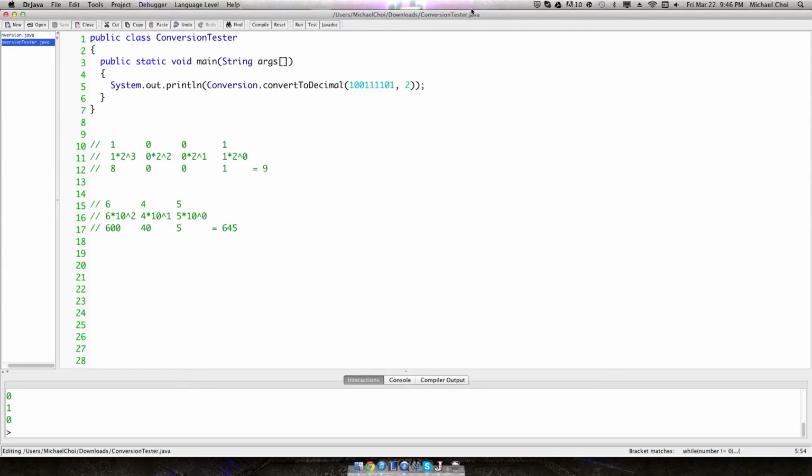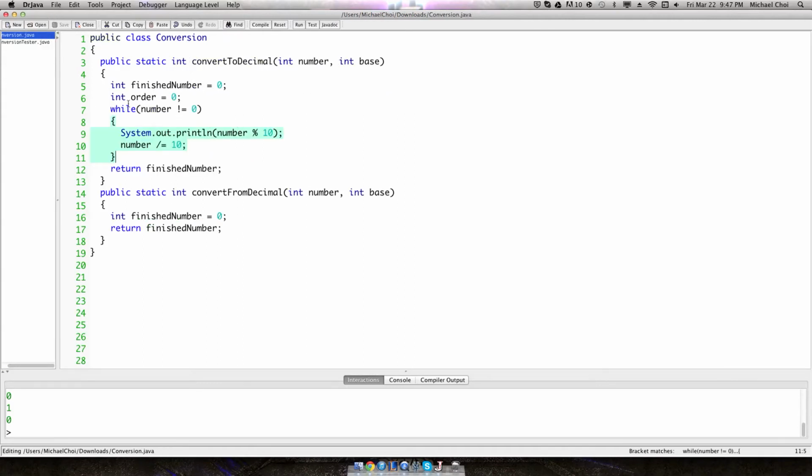Okay, the reason this is important is because if we can pluck off each last digit, we can analyze this as this number, and then the next time it goes to the while loop, we can assume that it goes to this number, and then this number last. The reason why we say while number is not equal to 0 is because of the way this works. It says, okay, we have a number like, let's say